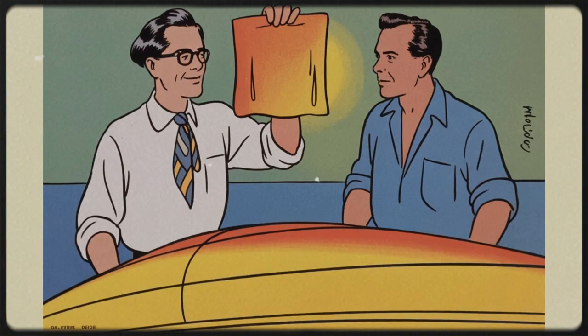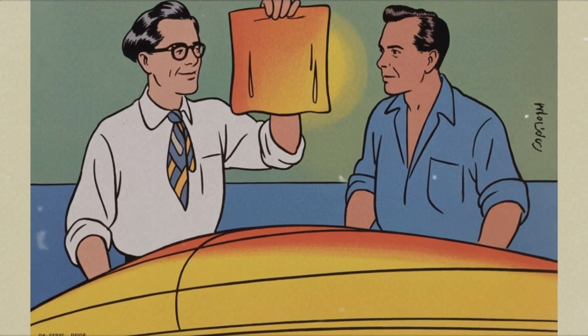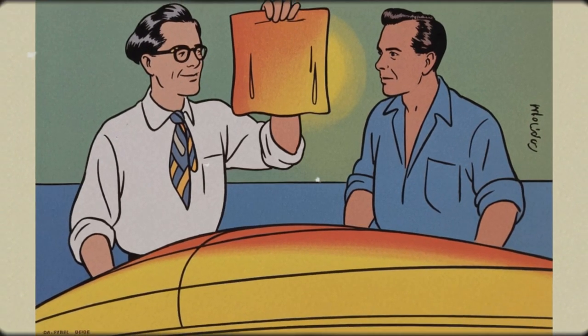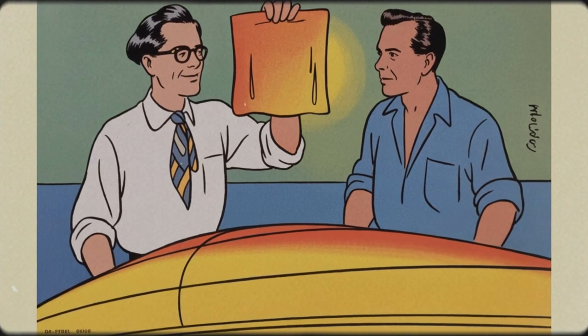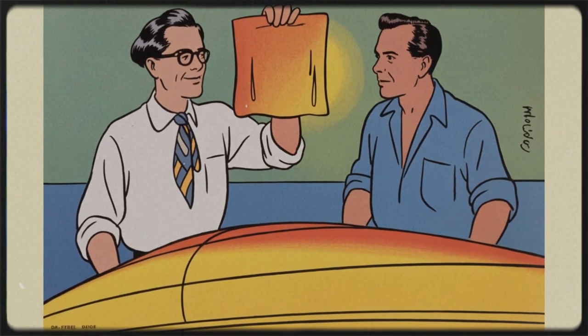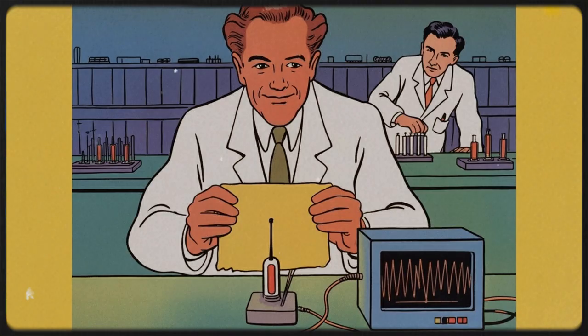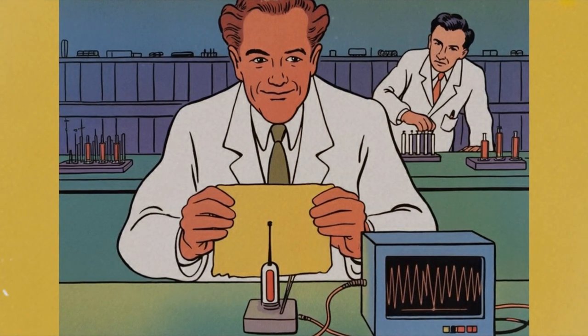Dr. Dicka examined Green's experimental boats with the trained eye of a physicist, rather than a maritime enthusiast. The fiberglass and resin construction created a continuous surface without the metal fasteners that characterized conventional boat building. More intriguingly, the material appeared to be largely transparent to electromagnetic radiation. Dicka borrowed samples of Green's fiberglass cloth and polyester resin, returning to MIT for electromagnetic testing that would change both